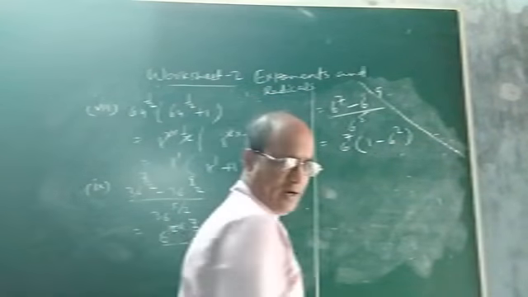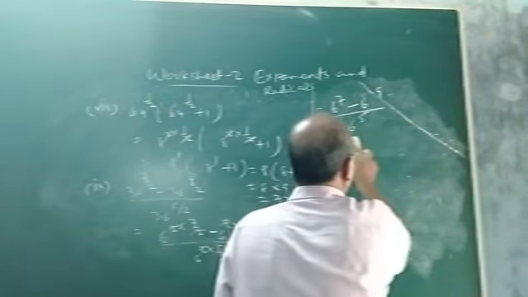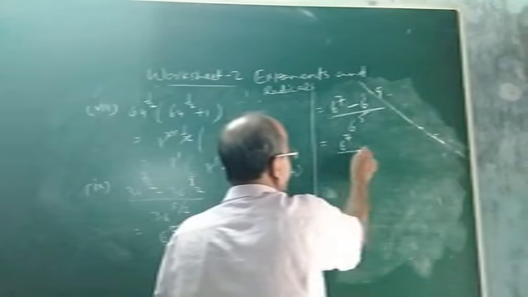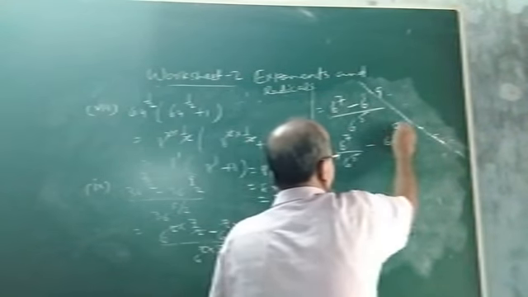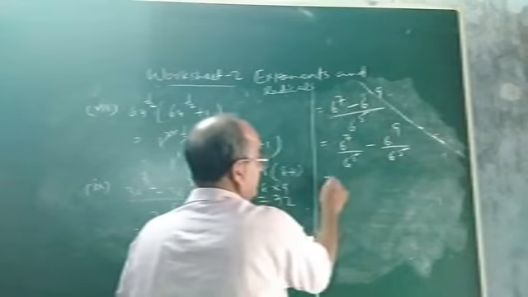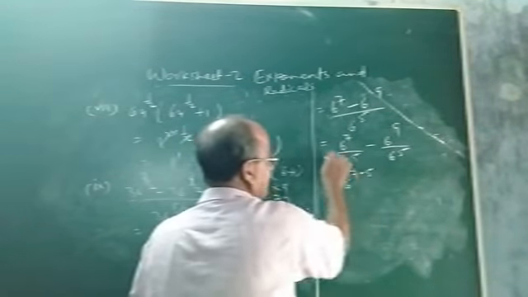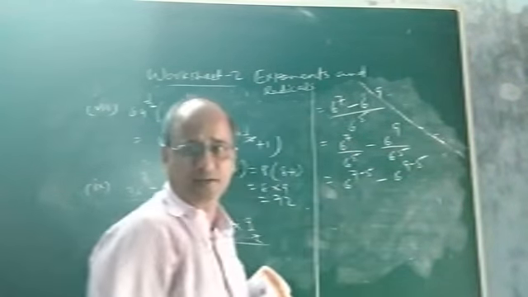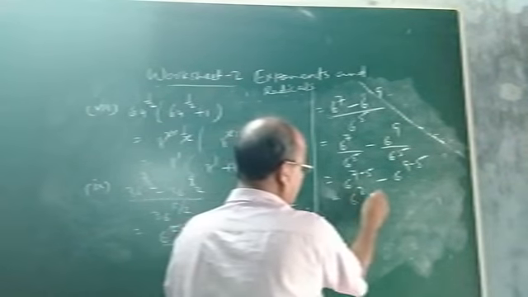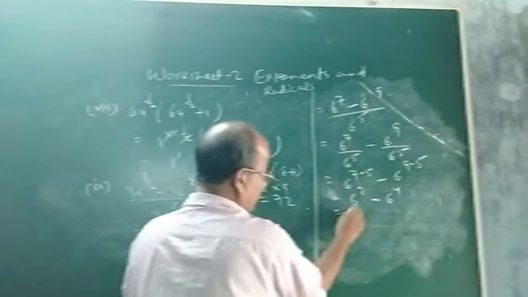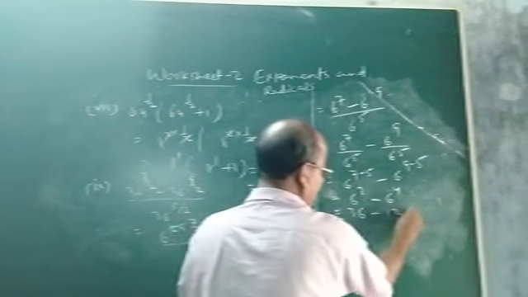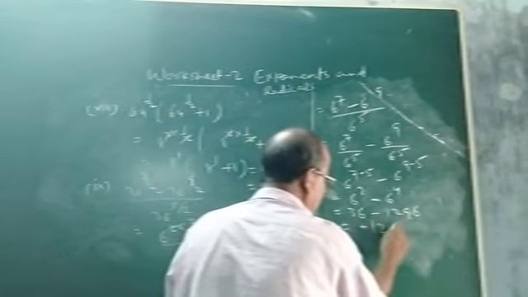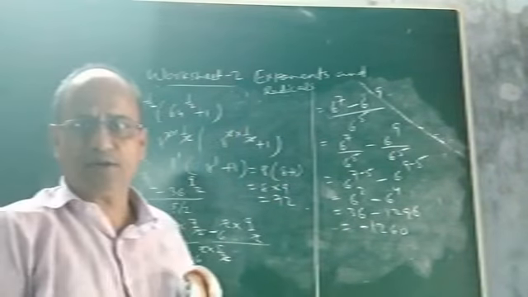Or we can do it in another way. It will be better if we follow this process; the previous one may be a bit difficult for you. You divide this 6 to the power 7 by 6 to the power 5 minus 6 to the power 9 by 6 to the power 5. So this will be 6 to the power 7 minus 5 by applying the law of exponents, minus 6 to the power 9 minus 5. This will be better and easier, I think. So this is 6 to the power 2, this is 6 to the power 4. 6 to the power 2 is 36. 6 to the power 4 is 1296. Now you take the difference. It will be minus 1260. So this will be the answer.